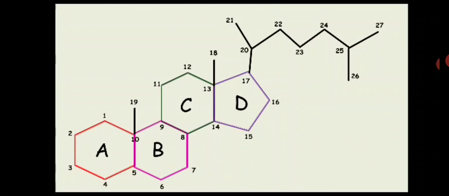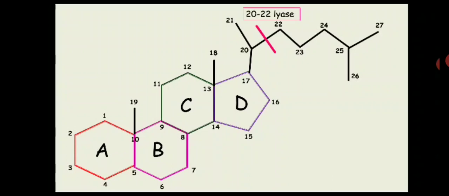Now in order to synthesize a steroid hormone, we have to cut the tail of the nuclei from this segment. There is one enzyme that is used to cut between the 20 and 22 carbon. That enzyme is basically a lyase. It lyses the bond between the 20 and 22 carbon. The name of the enzyme is 20-22 lyase. Got it?